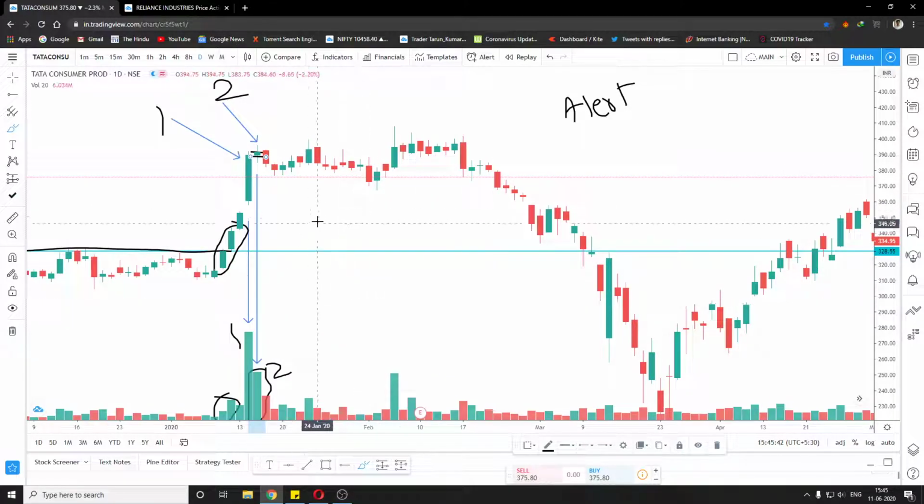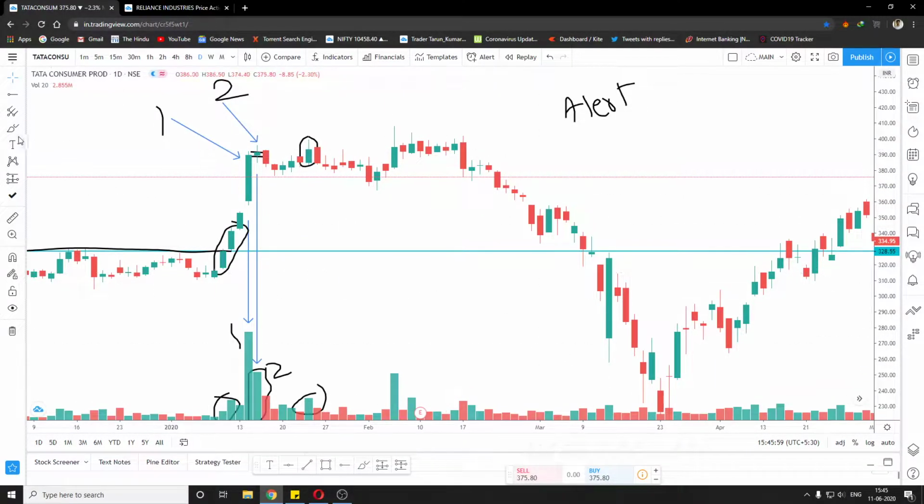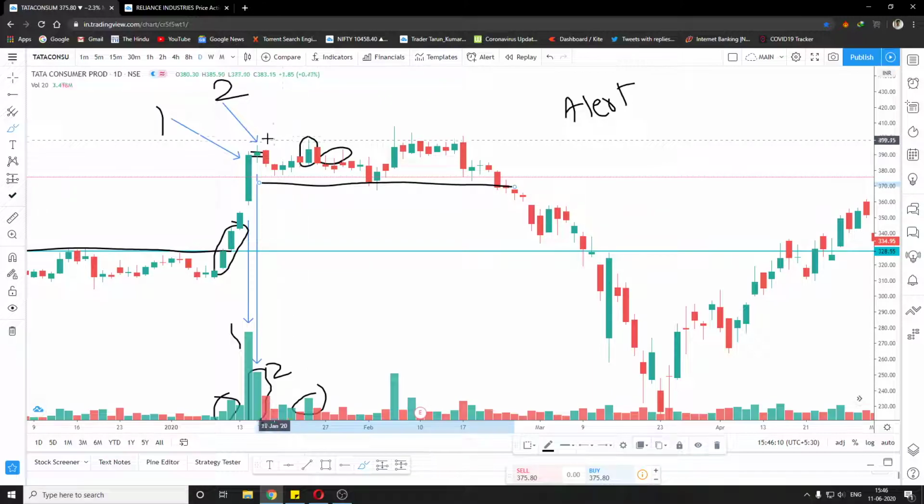And then we observe another candle, this candle, where the volume is big and we have an upper wick. Then we see multiple upper wicks again in these candles. But the point is, we do not sell at these candles. We wait for a support and resistance to form, and then we wait for a breakout.